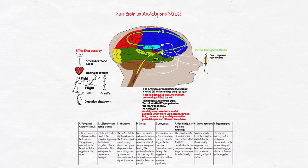Now that you know how anxiety happens in your brain, we can pay attention to how we can deliberately use our prefrontal cortex to turn off an inappropriate anxiety response once a threat is